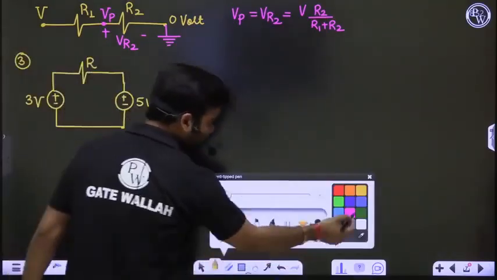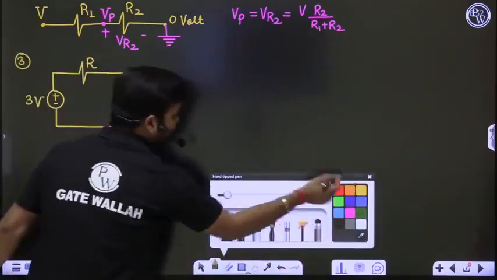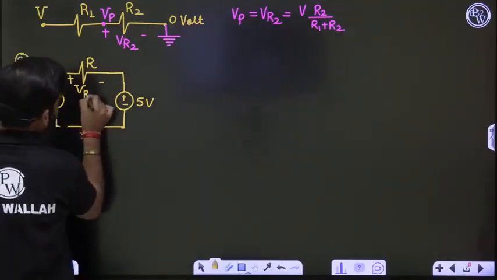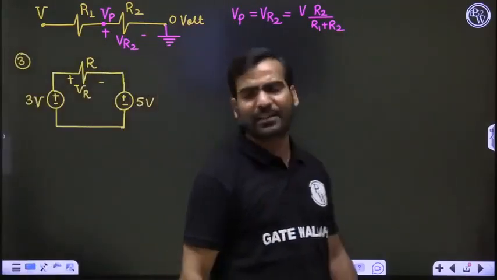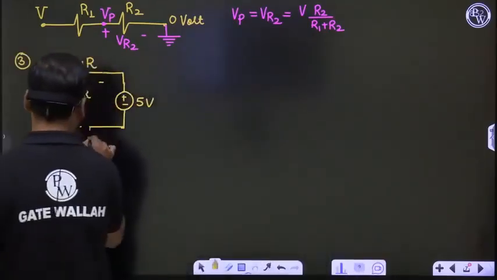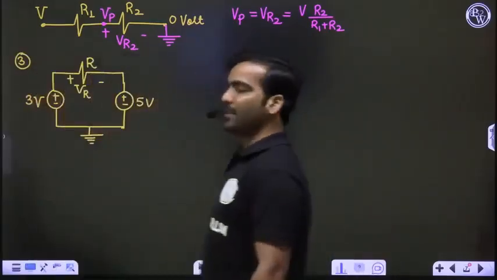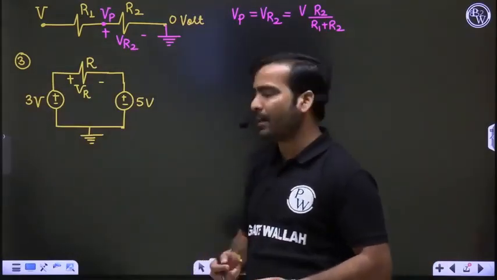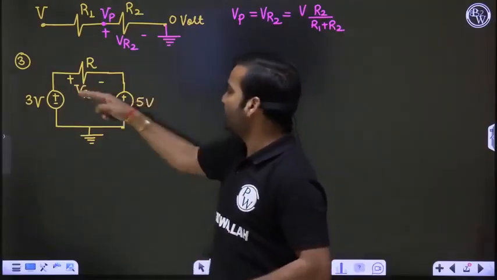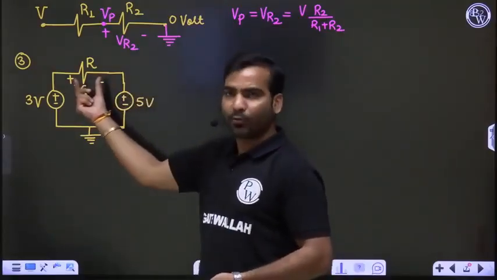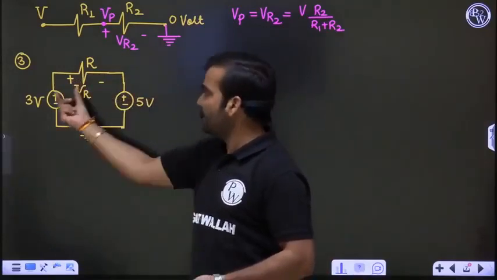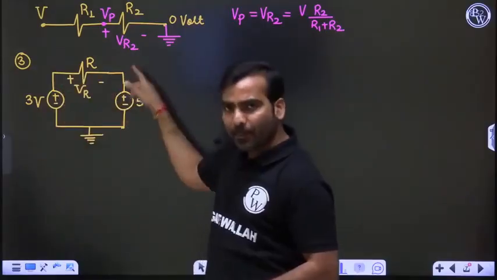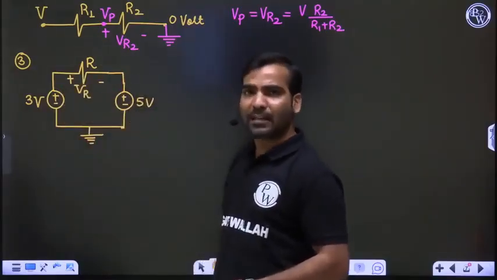Suppose I am asking you what is the voltage across this resistor R. This is a simple question, very simple question, no doubt. This is ground. So everyone can give the answer very quickly because you are very comfortable in network analysis. This is 3 volt, this is 5 volt. 3 minus 5 is minus 2 volt. Or we can say this 5 is greater than 3, so this 5 will have more effect, or by application of KVL you can get the answer very easily.